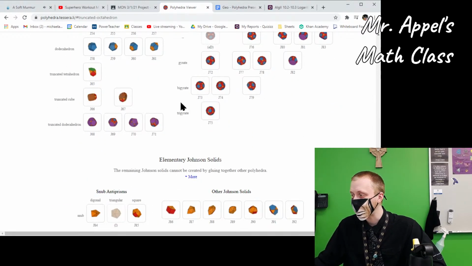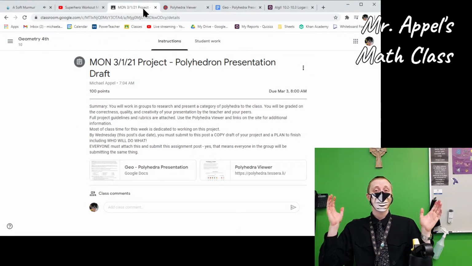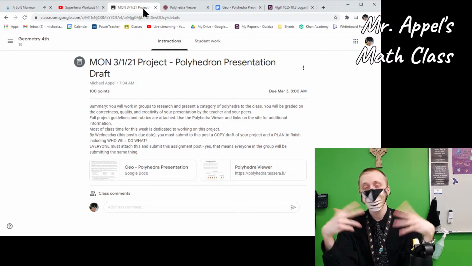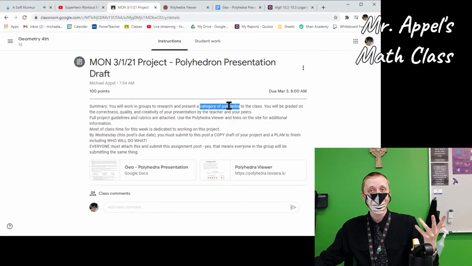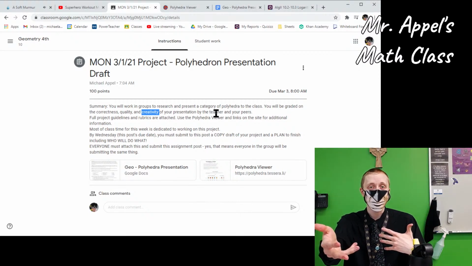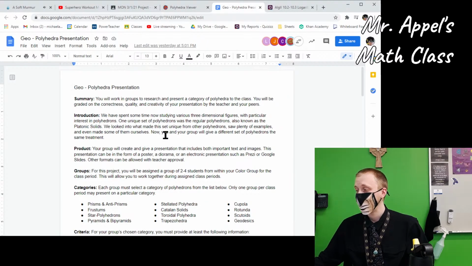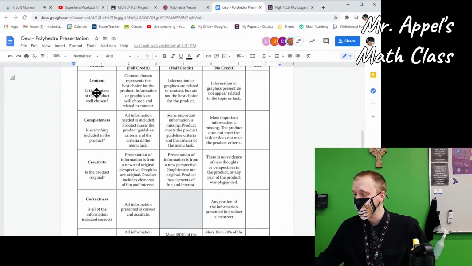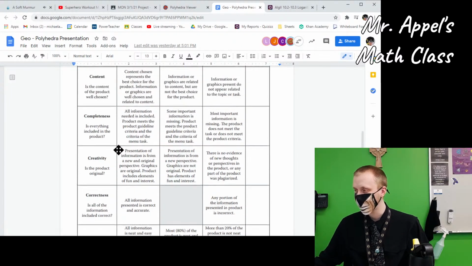This is great stuff. So here is what you are going to do. This is the project. In short, you're put into a group. Your group will research and then present your findings on a particular category of polyhedra, okay? You will be graded on the correctness, quality, and creativity of your presentation, both by me and your peers, okay? So as you present, everybody else is going to fill out a little rubric. We have it at the end here. So you can see exactly how I'm grading, looking for your content completeness, creativity, correctness, and communication, the 5 C's,